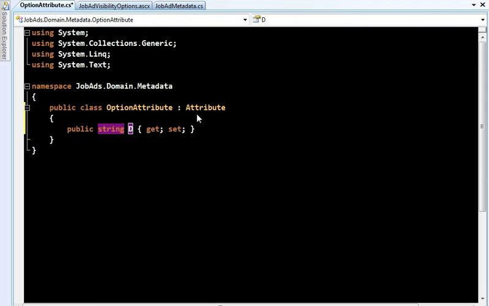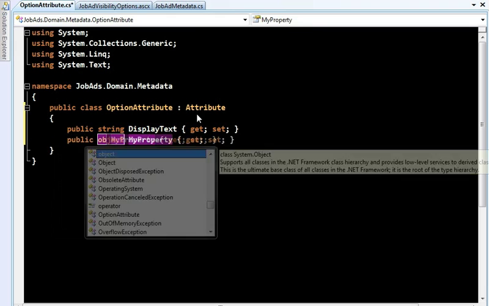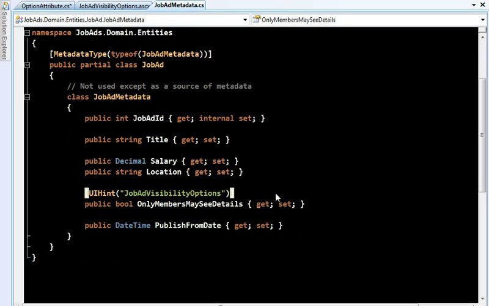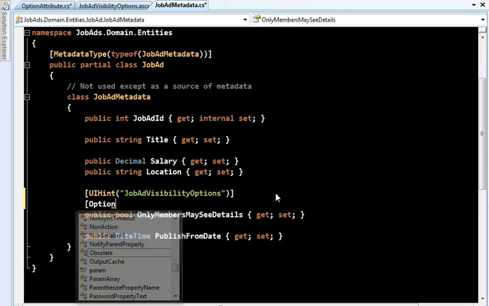I'll let it store the display text for the option. So that will be the caption that appears on the screen, and we'll also store the value that it corresponds to. So now back in my metadata, I could say that for this particular property, I want to have an option